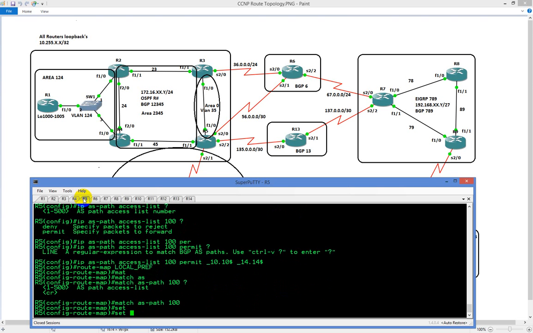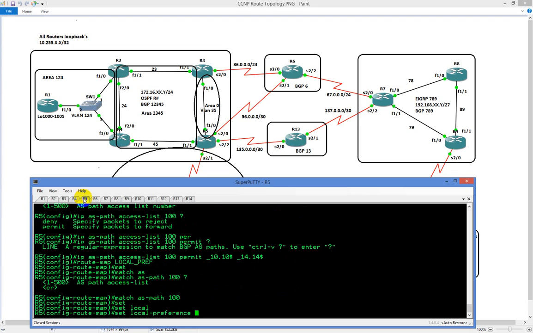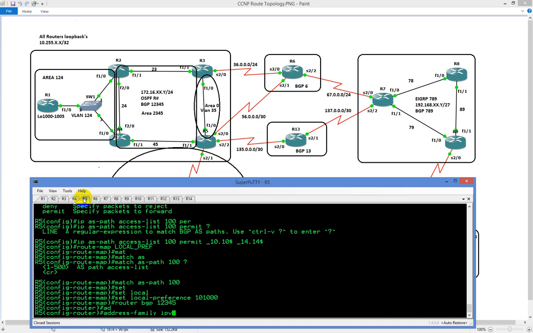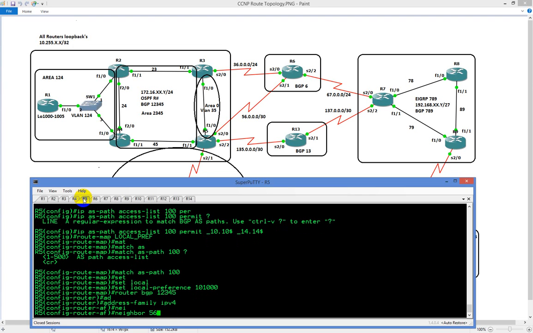We're going to set the local pref to be 101,000. Anything above the default local preference, which right now is 100,000, so if you make it any value higher than that, even 100,001, that would also apply. But this is only for routes coming from 10.10 and 14.14. So router BGP 12345, address family IPv4, neighbor